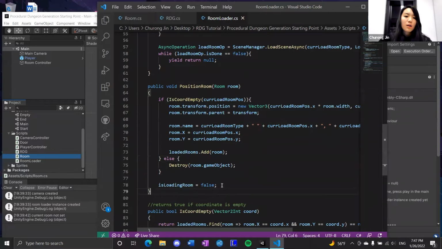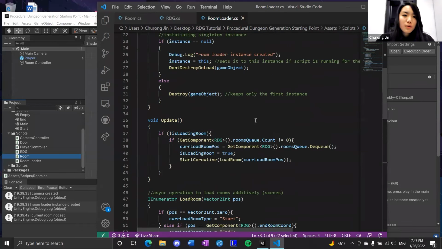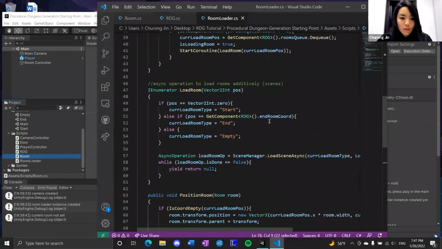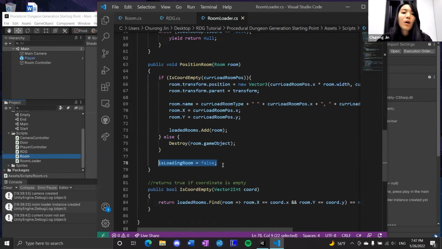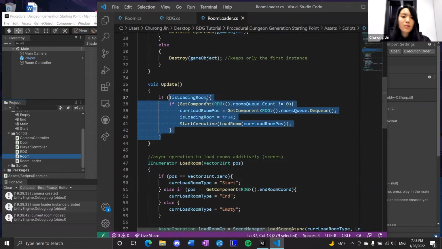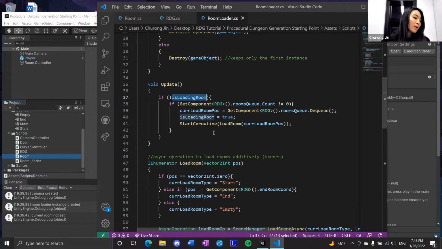That should be good. So if you notice here, what we do is we only reset the flag variable after we position the room correctly. So after this is reset, in the logic of the code, we would be moving on to the next room that we load. So basically start loading room, position room, load the next room. And then